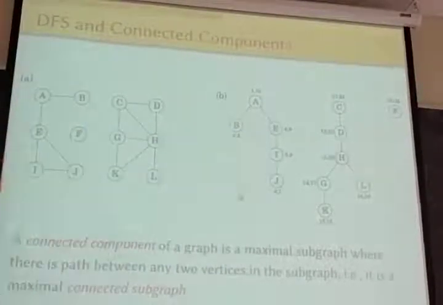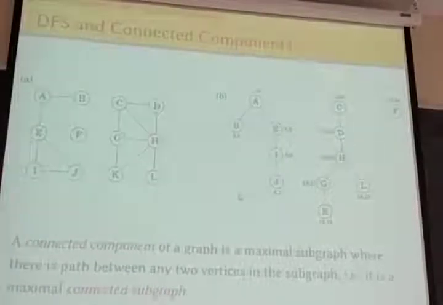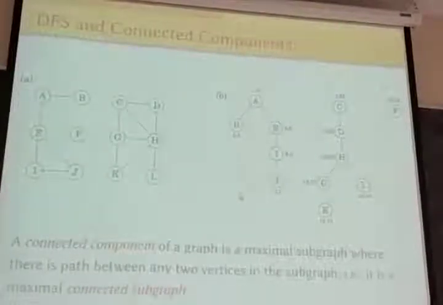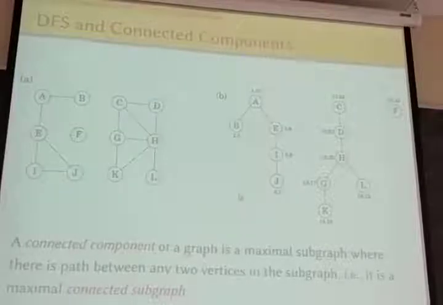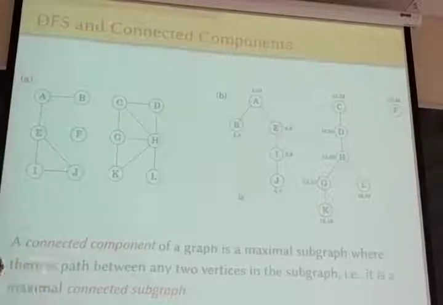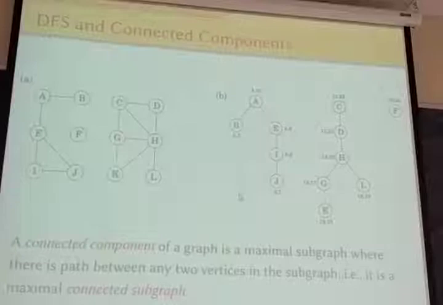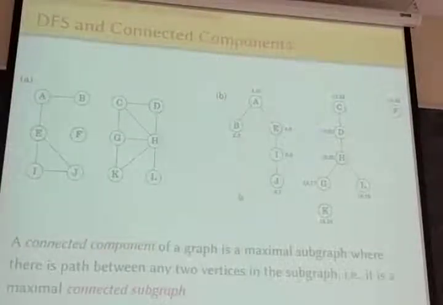So far we are talking about graphs where the edges have no direction, or you can think of them as bidirectional, right? So either way, in those graphs, you can define a connected component, which is a maximal subgraph where there is a path between any two vertices in that subgraph. Okay, so you can start from any place in that subgraph and reach any other node that you want to